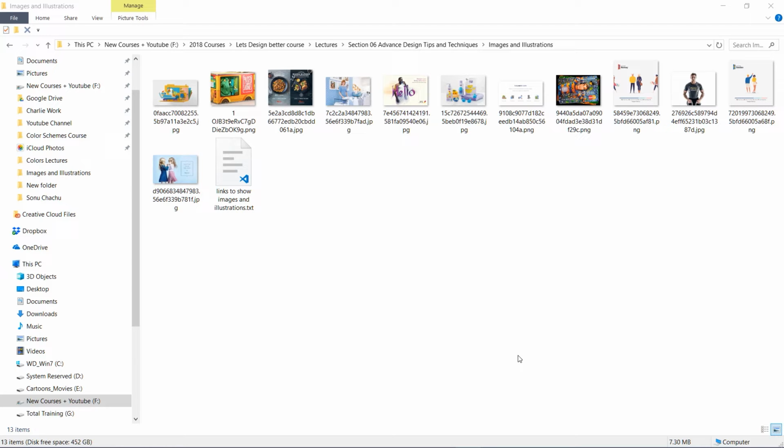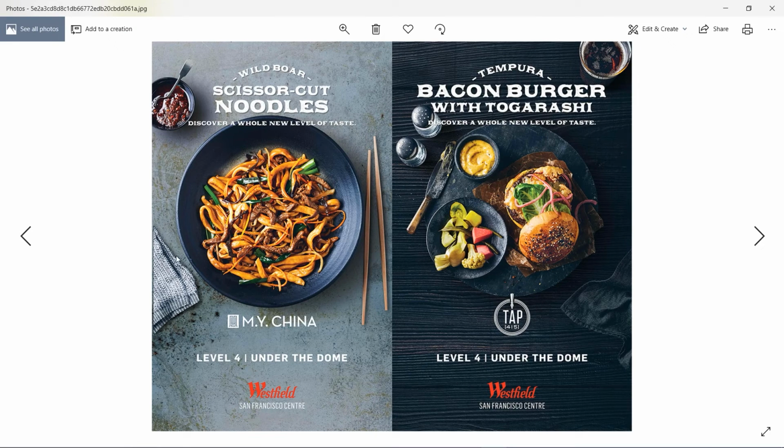So if you don't know illustrations, or you are not a photographer, you need to hire someone, team up with someone, or ask your client to please provide you with some great images. I'm going to show you the effect of images or illustrations on your design. I'm going to start with this example, and here you can see we have very great photos